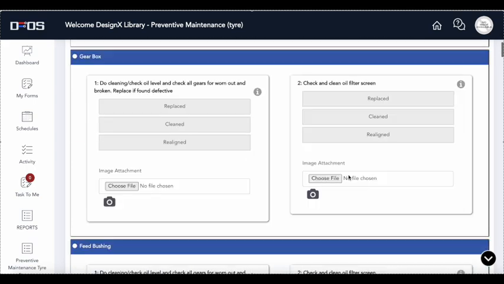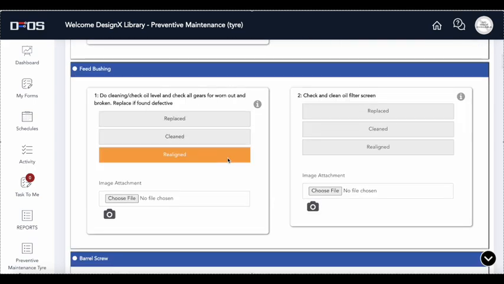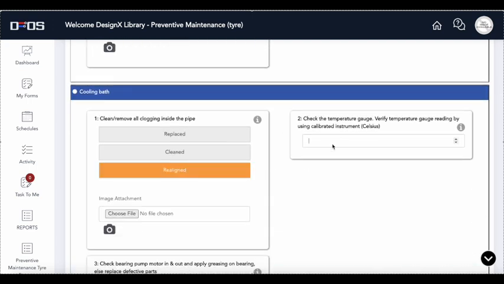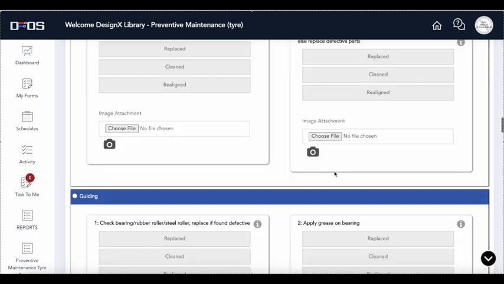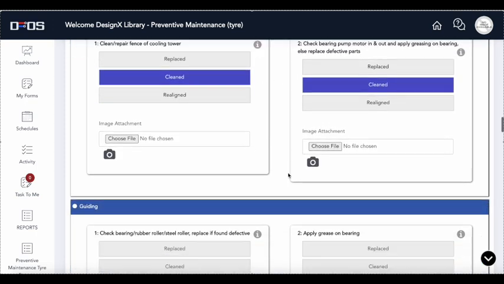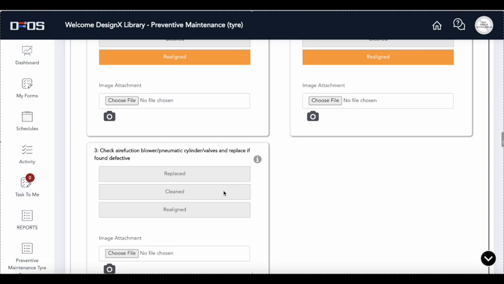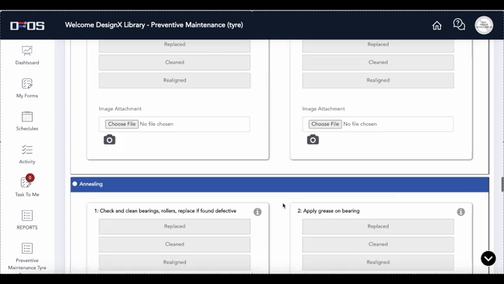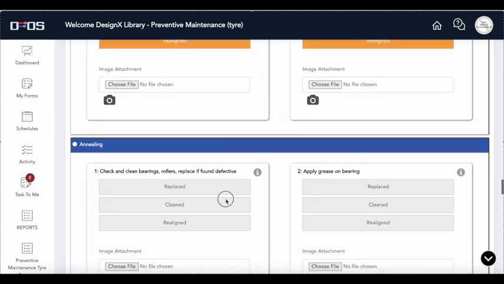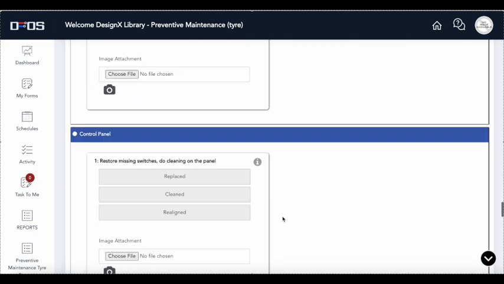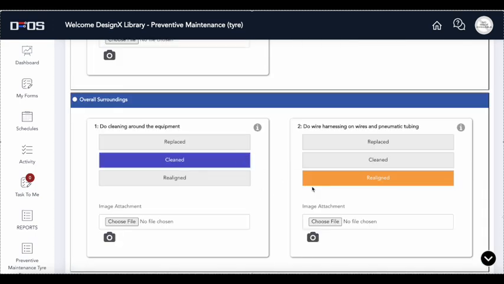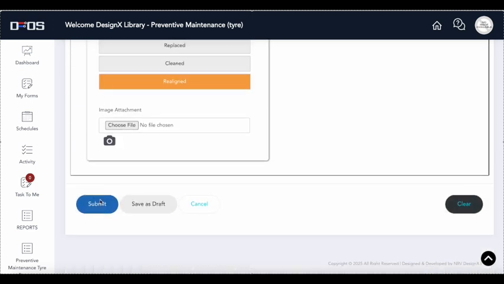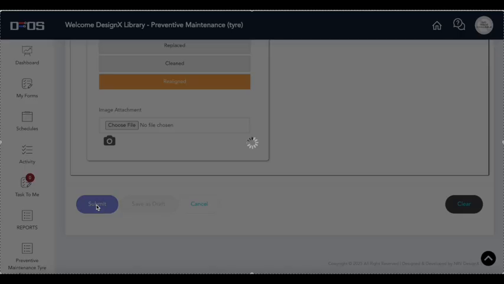So let's go ahead and quickly submit this form. Okay. Once we click on the submit button,